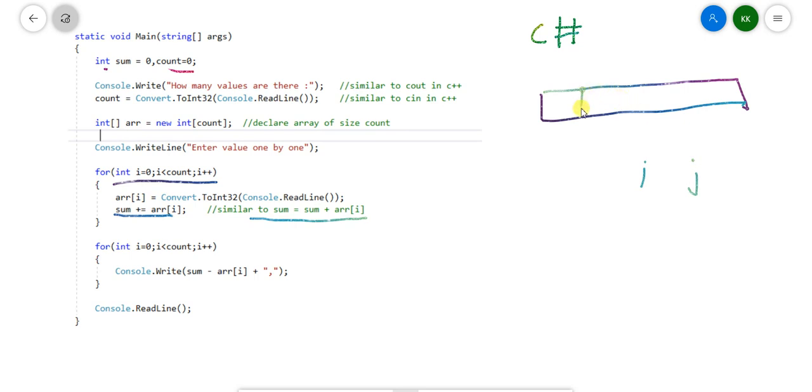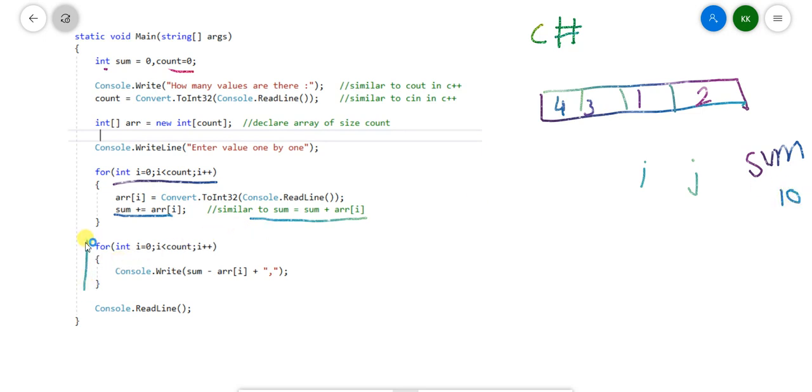Let's suppose the user has entered size 4 and the values 4, 3, 1, 2. Each time it will add the value to the previous sum. So 4 plus 3 is 7, plus 1 is 8, and the sum value will be 10.